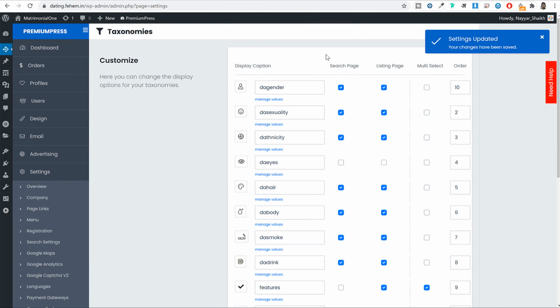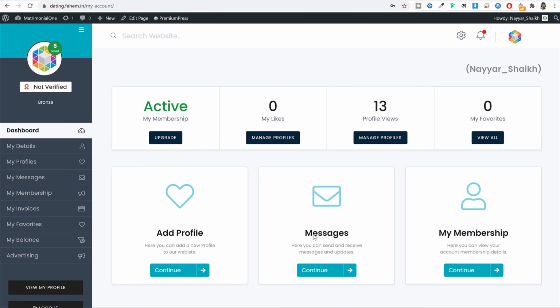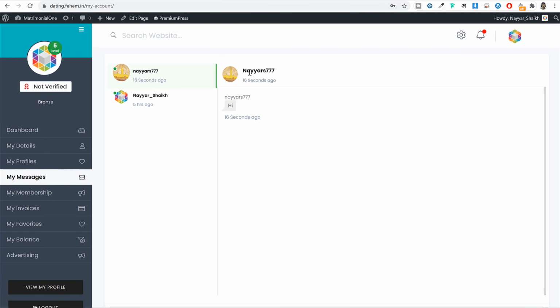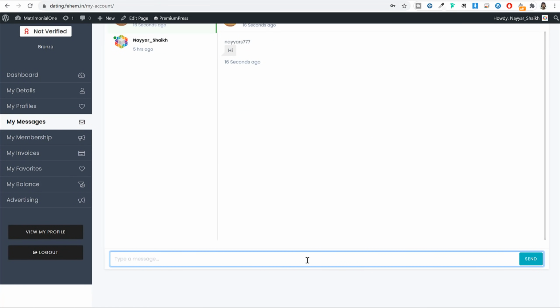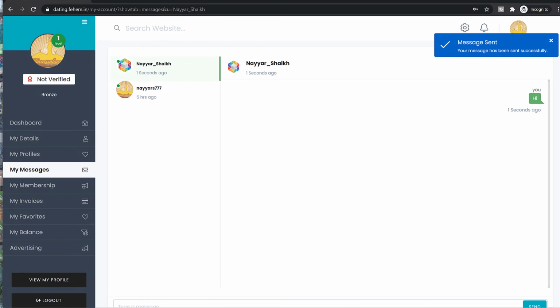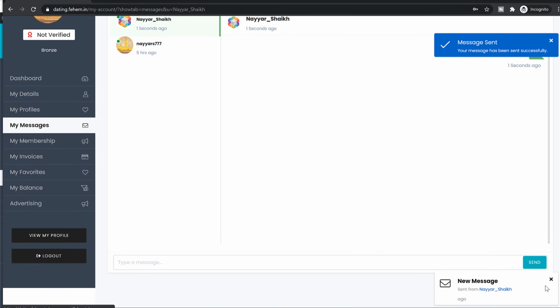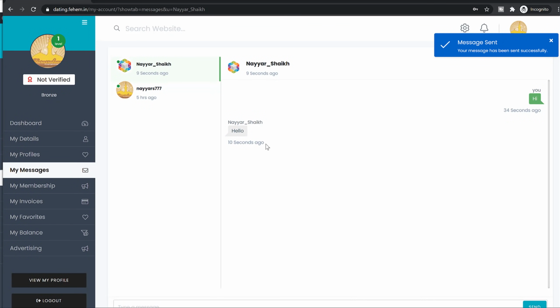Now, if I open the other browser, come back to my website, if I go to my account, and if you see these messages, if I click on continue, as you can see, I have this message. So I can now just chat with this person. All right. And click on send. This message is sent instantly in real time. Again, I can come over here. And as you can see, I got a notice that I received a new message. So if I go to messages, as you can see, refreshed, and I have this message. So this is how this thing works.